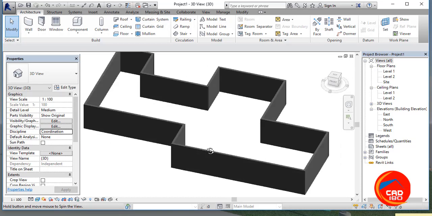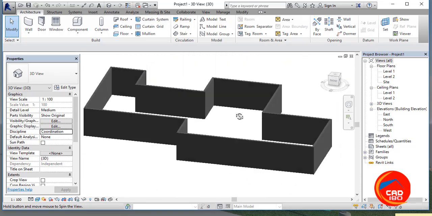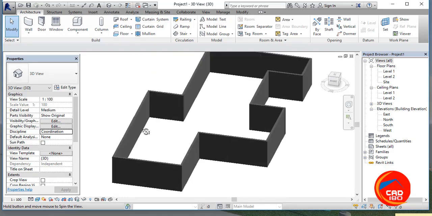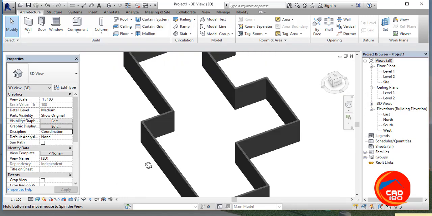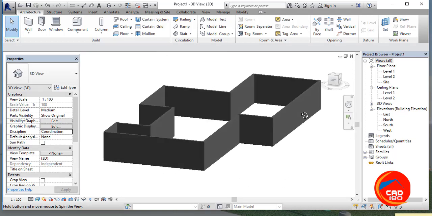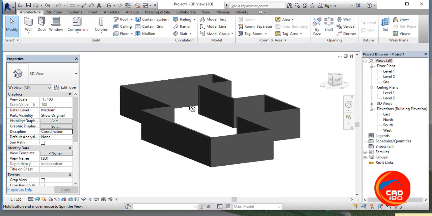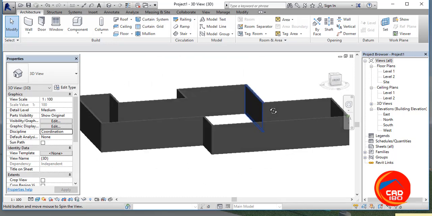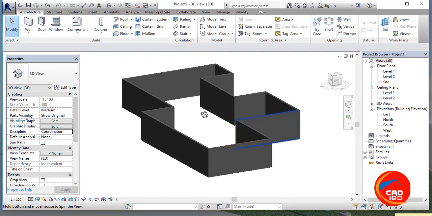Okay, so it will rotate if you are pressing shift and the scroll button. After pressing the scroll button, it will just be rotating, and it is easy to see how the project is going on from all other sides. Okay, right? So now